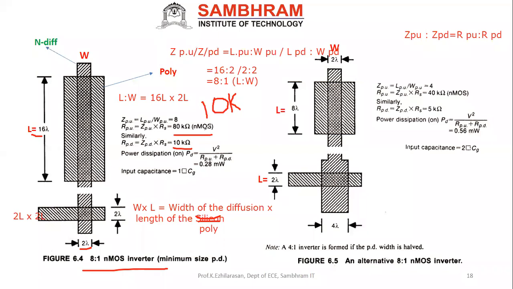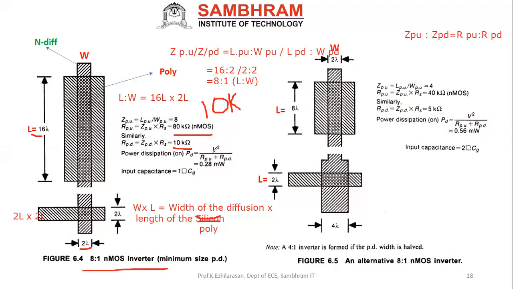Now we need to find out the power dissipation. So what is the power dissipation normally? There are two relationships. P is equal to VI. Next, P is equal to V square by R also. Then P is equal to I square R. These are the relations we are having right here. For power dissipation we are using V square by R actually.